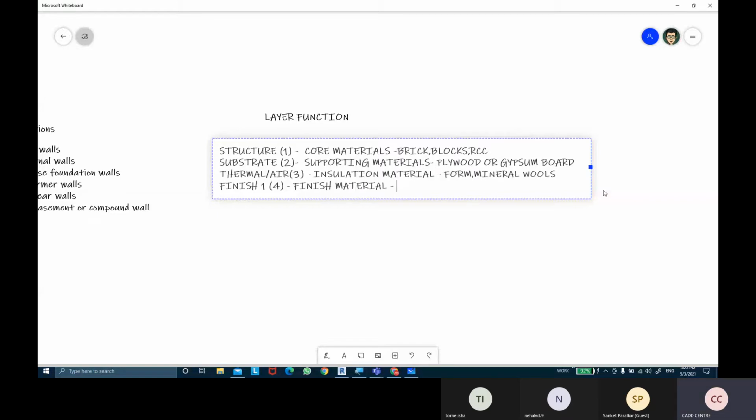Finish materials like your paint, your plaster, your wallpaper, wall tiles or tiles, and laminates. These all come under the finishing materials. So whatever the finishing materials are will be coming into the finish materials basically.